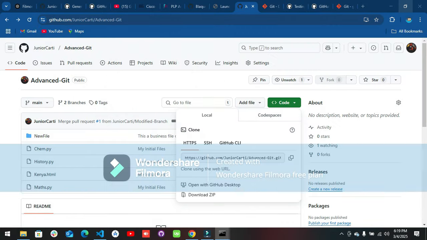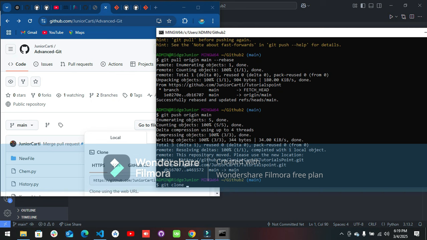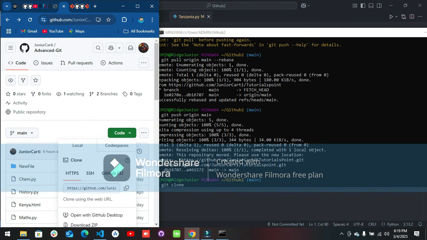Let me just minimize that. So I'm going to git clone